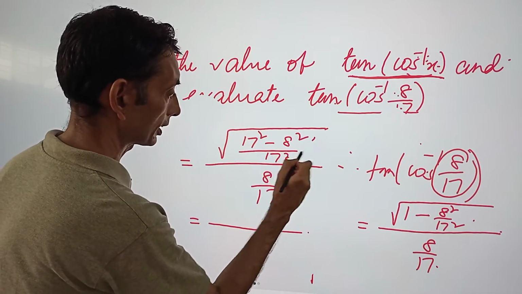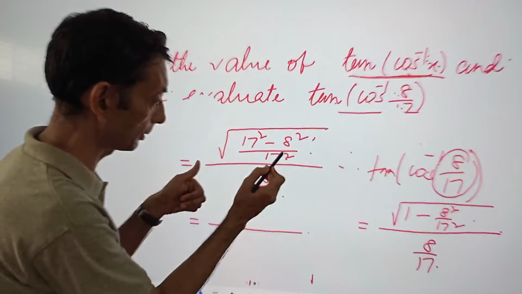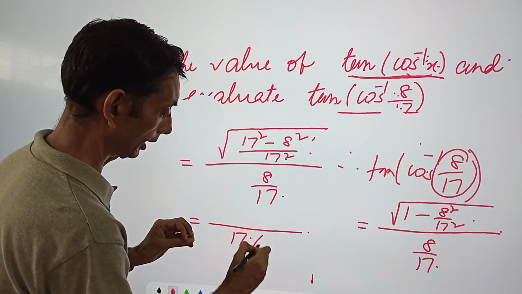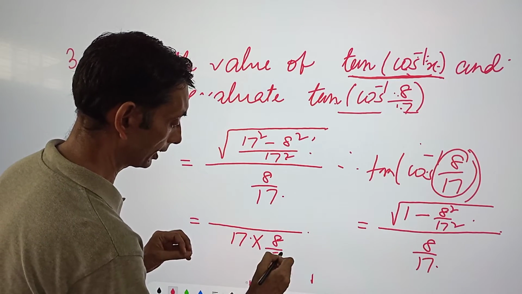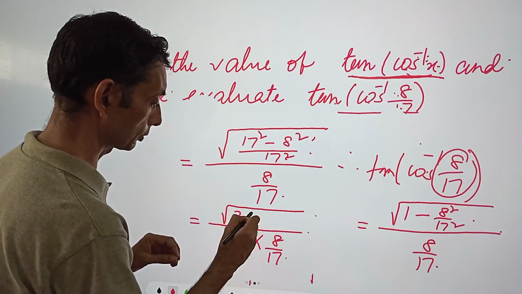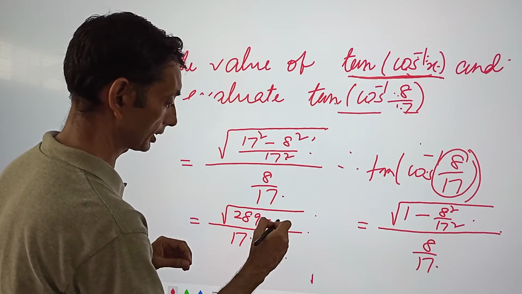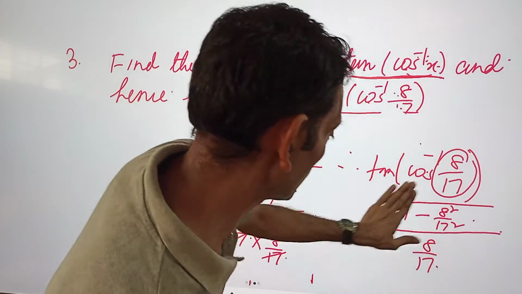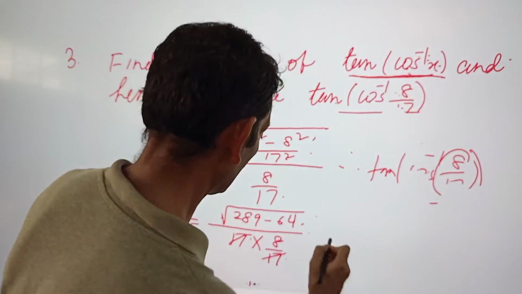Okay, this is 17 squared. So if you take the square root of 17 squared, it will be 17. So you can bring it to the denominator, and the denominator already has 8 by 17 there. Now 17 squared is 289 and 8 squared is 64. So we can cancel this, and finally